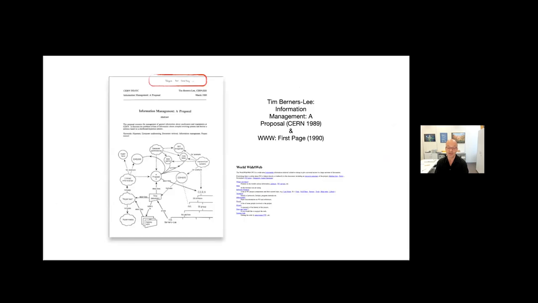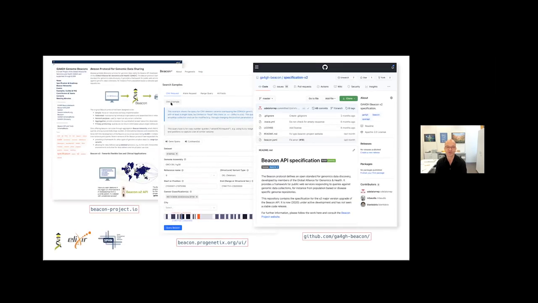And the internet started small. This is, as a reminder, the cover page of Tim Berners-Lee's information management proposal at CERN in 1989, and this is the first World Wide Web page. The proposal was deemed vague but exciting by his supervisor then. So we still have a bit of way to go, and we hope we will come to a more viable solution in the future for our Internet of Genomics.